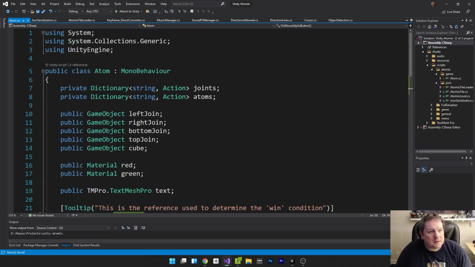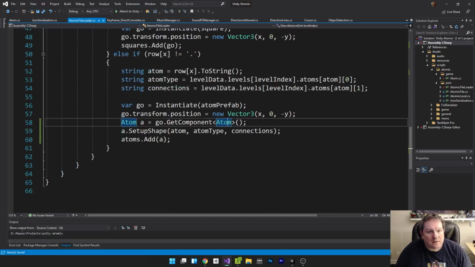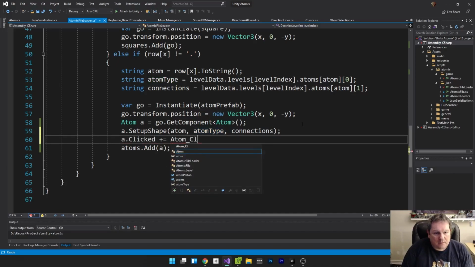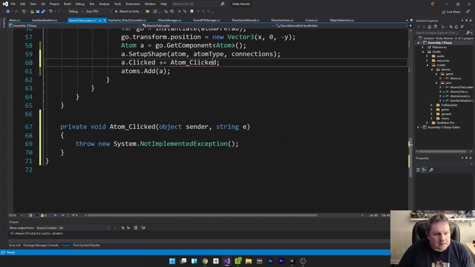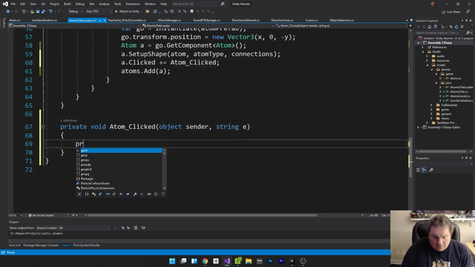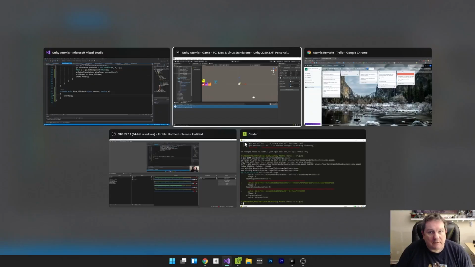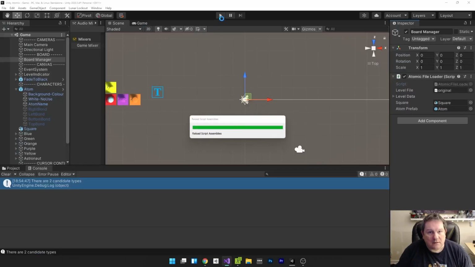And so in our file loader, we then do a.clicked plus equals atom clicked, and I'm going to generate that, and then I'm going to do print E. Just going to print E just now, and we're going to see what we've got,